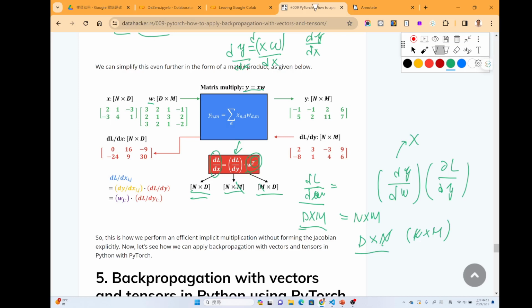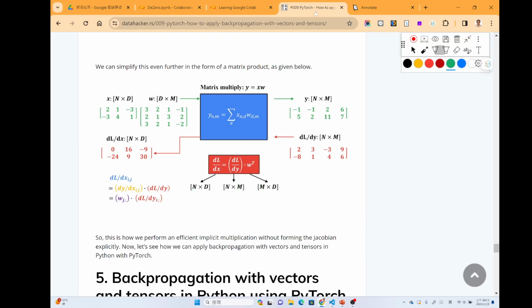So this will be the x transpose dot dy over dl. Okay, so we know that we need a transpose here for the x as well. Okay, so that's all for the derivative of a matrix function.